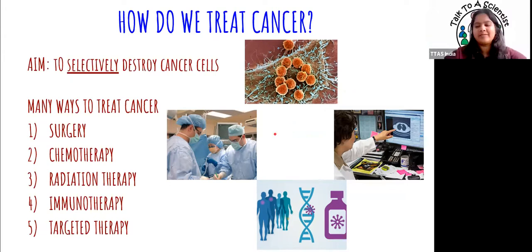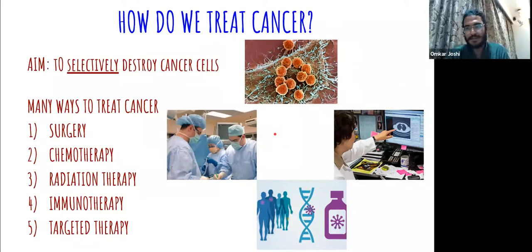All right. So now I've told you how cancer will develop, a few of the ways the genes get affected, and what will happen if this keeps happening. Eventually metastasis happens, and this is what clinicians will call cancer, when the disease has actually metastasized to other places. And so the aim of any therapy, remember, cancer cells have originated from our own self cells, right? So the aim of any of this therapy is to selectively destroy cancer cells. You try to destroy only cancer cells with minimal effects on our normal cells.